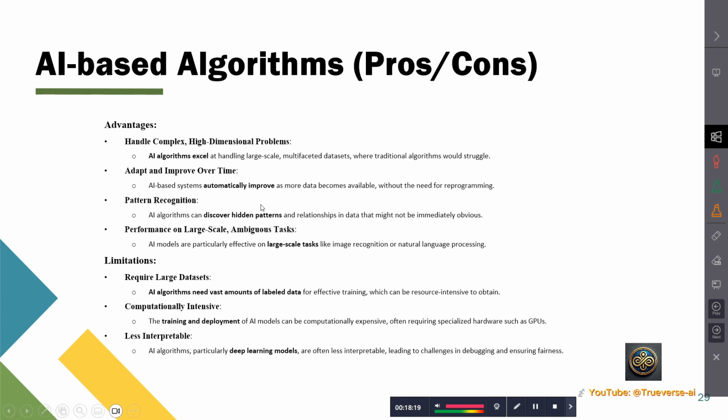For pros and cons, I could say that for pros, we see it handles complex, high-dimensional problems. So for handling large-scale, multi-faceted data sets where traditional algorithms would struggle, these algorithms can manage complex high-dimensional data like image, text, and even video. For example, in medical imaging, AI can analyze X-rays and MRIs to detect patterns